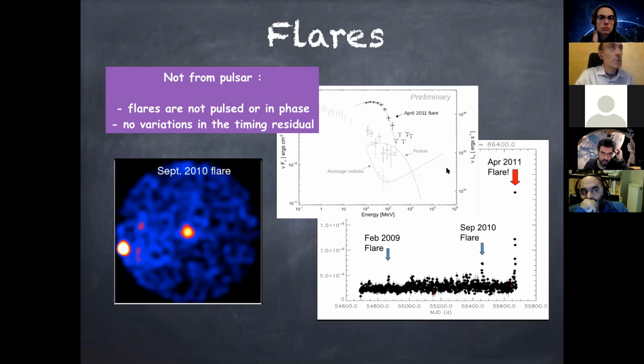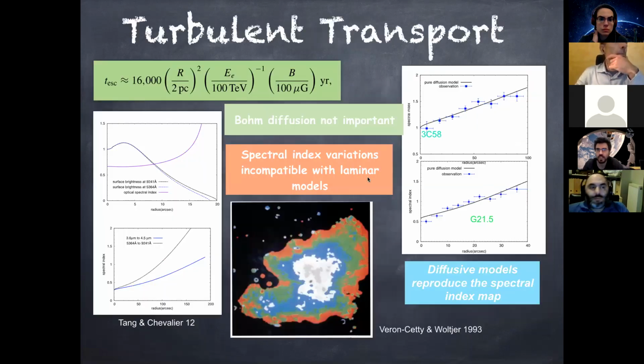There was a suggestion in the past that turbulence could be important. It was based essentially on the variation of the spectral index in these systems. What I told you in one of the first slides was that if you look at lower and lower energy, you see a larger and larger nebula. And I told you that this was exactly what you would expect for particles injected at the center and then moving outward. The problem is that